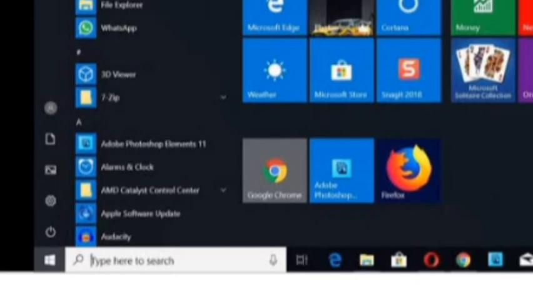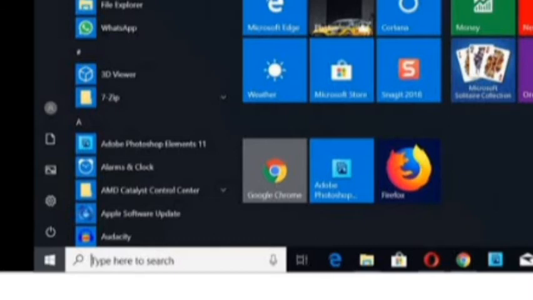This is the start button. It appears at the bottom left corner of the taskbar. When you click on this button, a list of options or programs appears. The start menu shows a list of options to perform various tasks on the computer. We can also start a program, search a program, or shut down the computer using this start button.